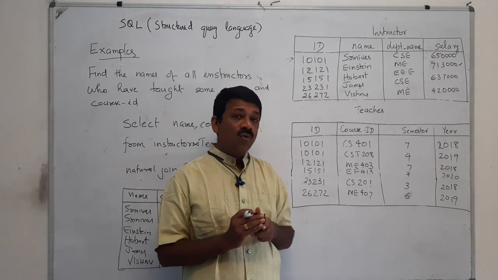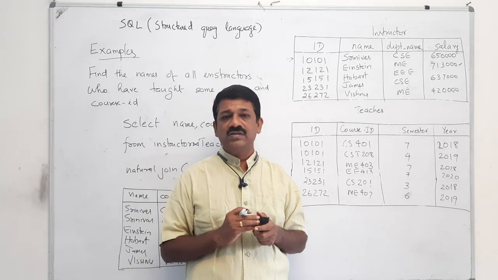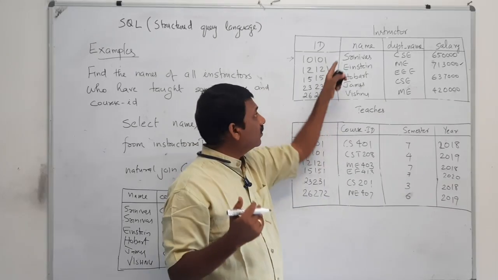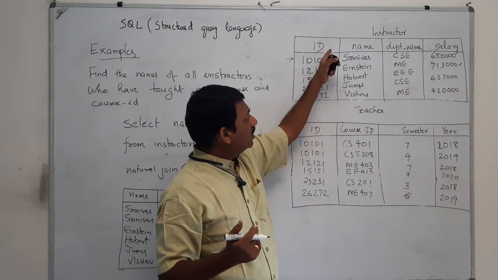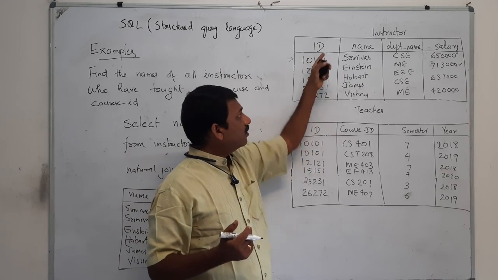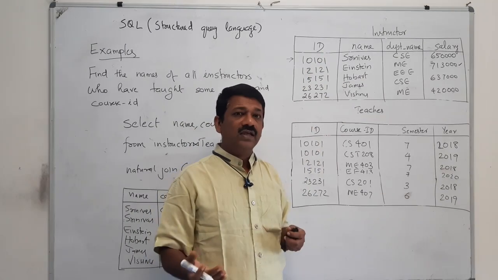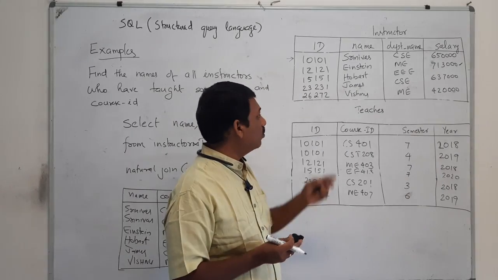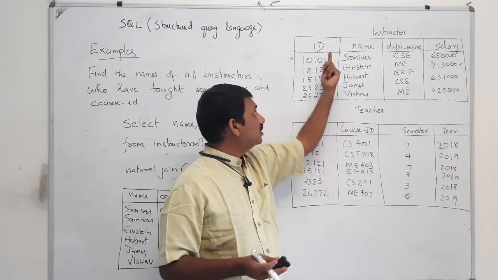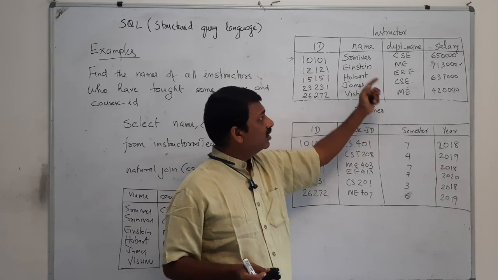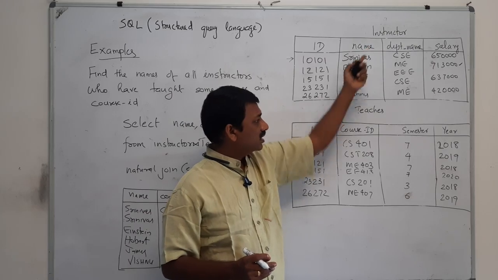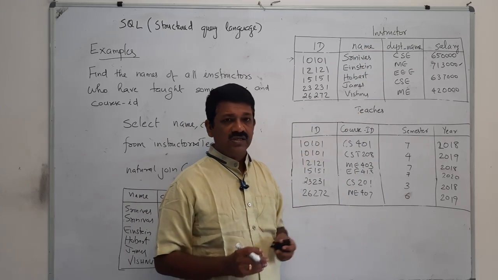That means for all the common attributes, instead of having two attributes we keep only one in the result after the equijoin operation. Suppose that we have two attributes common, two attributes belonging to instructor and two attributes belonging to teachers. Then